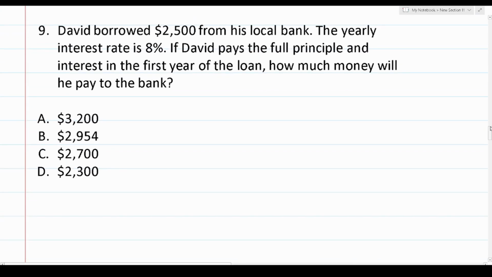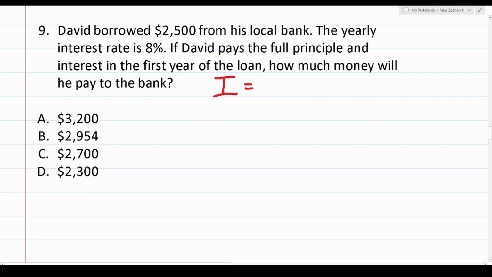All right, number 9 says Dave borrowed $2,500 from his local bank. The yearly interest rate is 8%. If Dave pays the full principal and interest in the first year of the loan, how much money will he pay to the bank? So to answer this one, you have to know the formula for simple interest, and that's